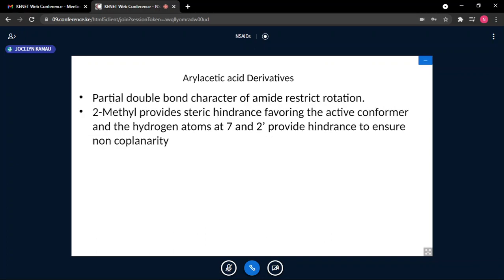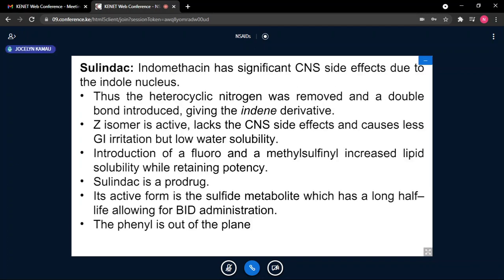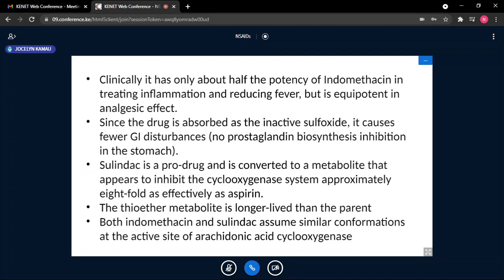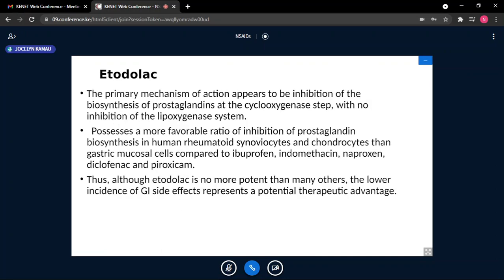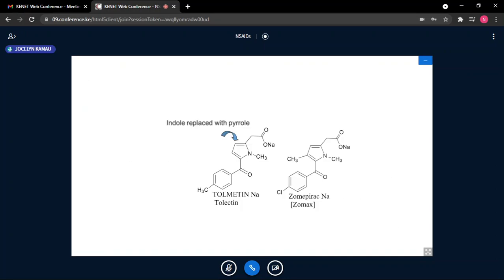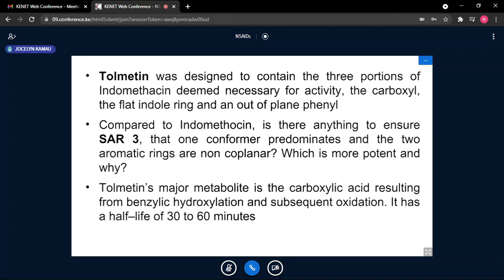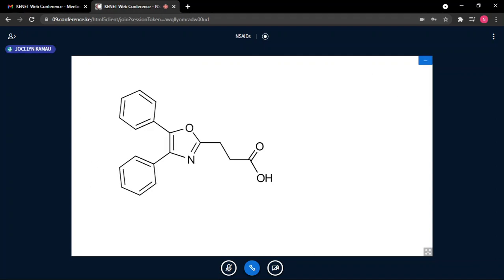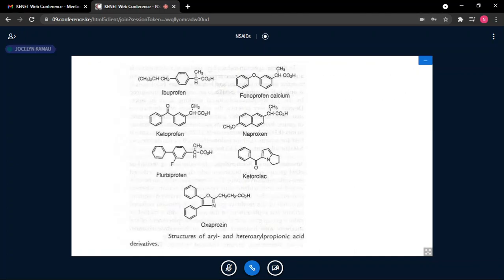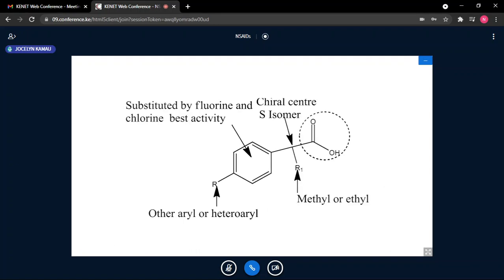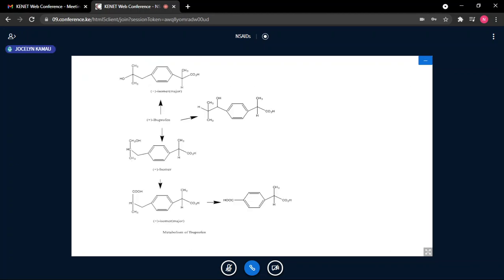Then another class you're going to look at is the enolics. I'm sorry, I'm doing this because you do not have your structures. I'm sorry I sent them late because I forgot to tell you to draw. To look at the enolics, where we have piroxicams and the pyrazolone derivatives. Piroxicam, I hope. Whether they are in these notes, I hope so.